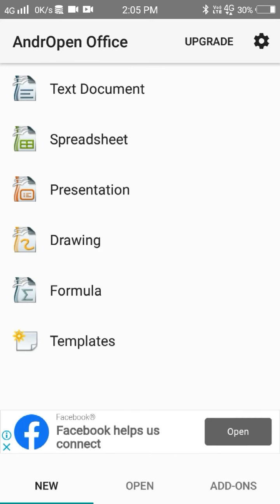Now let us start with the presentation. Here you can see the type of presentation, empty presentation. This will be the presentation which you will start without any template or anything. In the preview you can see, if I select from template, you can see any template if you want to select. So I will just go with the empty presentation and I will click on create.